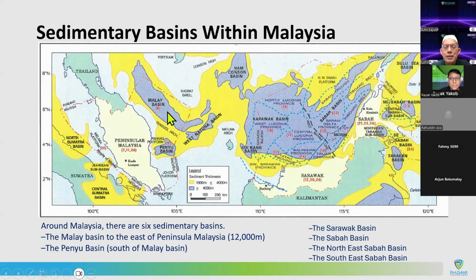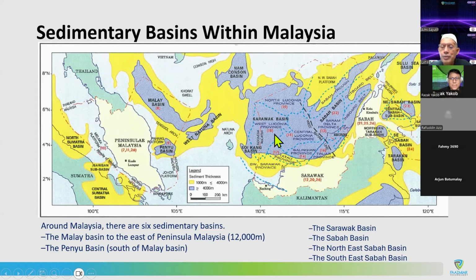And our basin here is mostly oil, and outside here is mostly gas area. So we have some gas within the sand. So this is Vietnam. This is Thailand. So we are sandwiched between the two countries, and we have a joint venture agreement to develop some fields across the disputed boundary. For Sabah and Sarawak, you can see the huge Sarawak Basin. We have the Sabah Basin, a huge basin here.